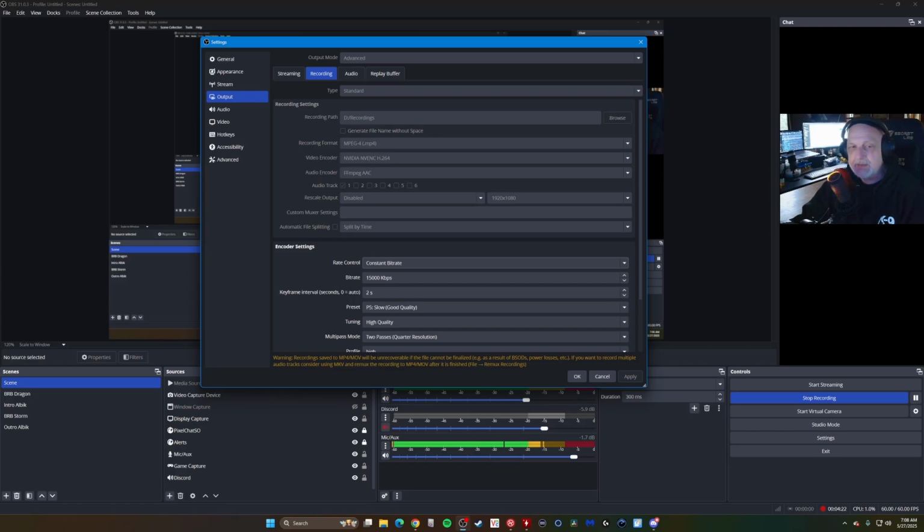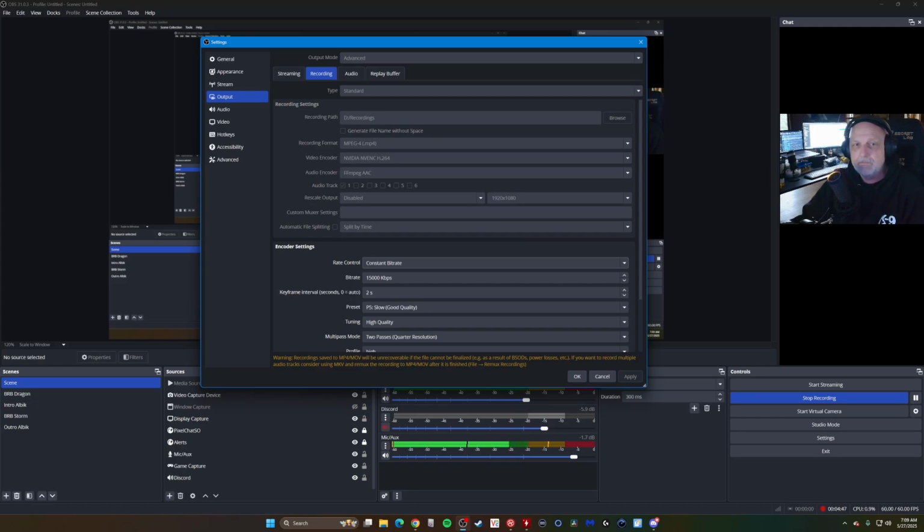Normally I will do that. And then I let my studio software go through and piece it all back together. The other thing, as far as audio tracks, I just use one audio track. You can select multiple audio tracks. For encoder, I use the NVIDIA